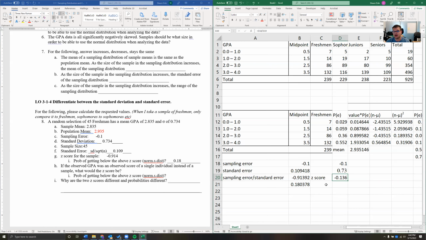which is going to give us a z-score of negative 0.136. So I'm going to copy this, paste. Okay, negative 1.36. And the probability of getting another individual observation that's that extreme or more extreme is going to be equals NORM.S.DIST. We're going to put the z-score, true. Okay, and there's a 44% chance. Let's do, yep, 0.446, 44.6% chance of getting a value below